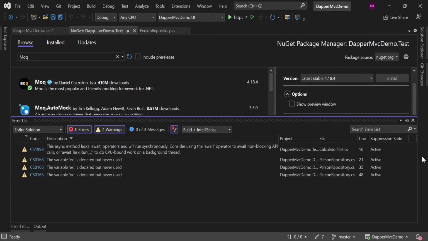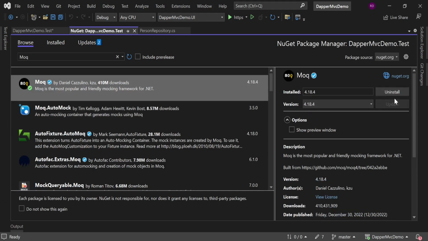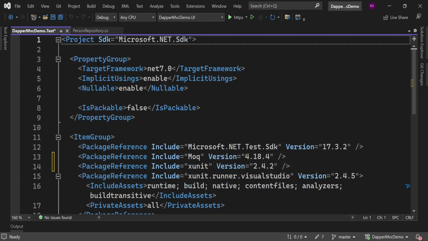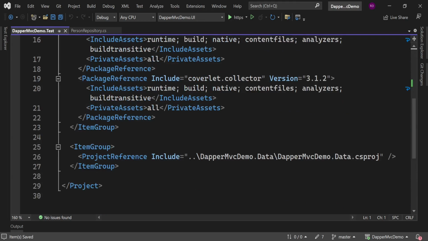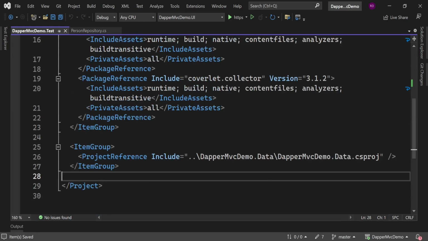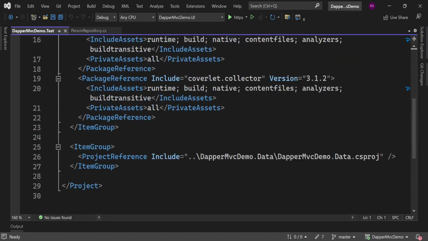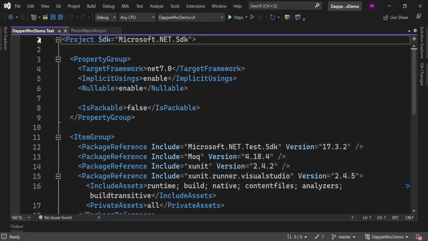I guess it has installed, but it is not showing here. Okay, now it is showing it has been installed. Okay, fine. So let's close this, and it should have updated the reference here. Okay, but I'm not finding it anywhere. Anyway, it doesn't matter. We can go again, and here is Moq. So we have installed Moq